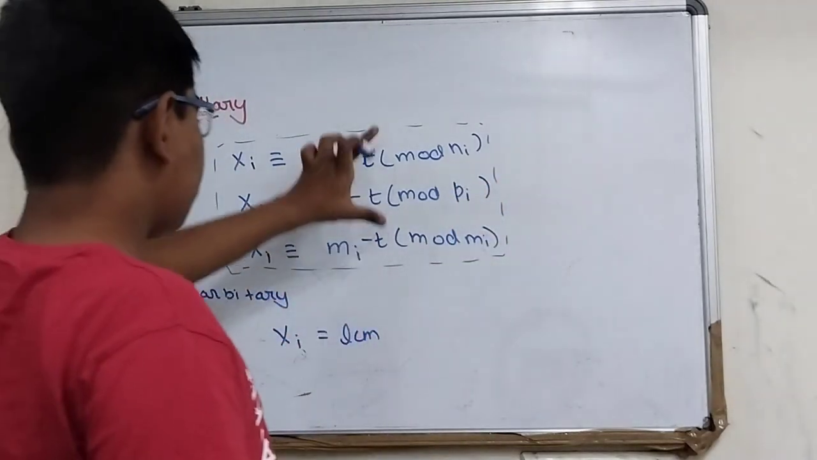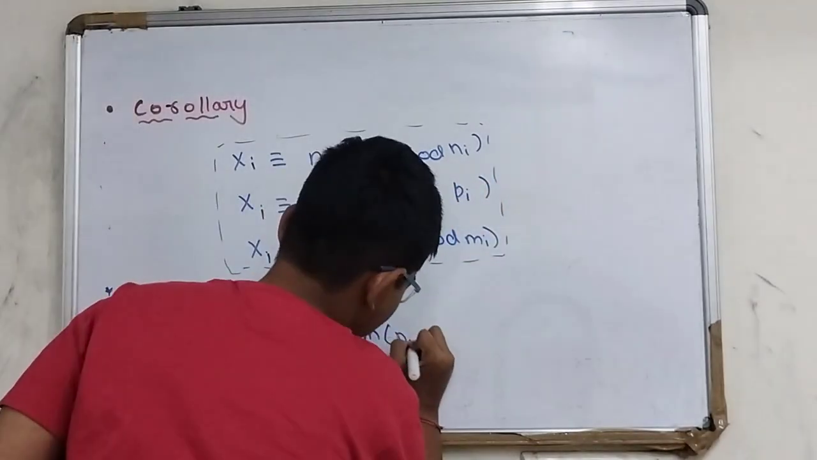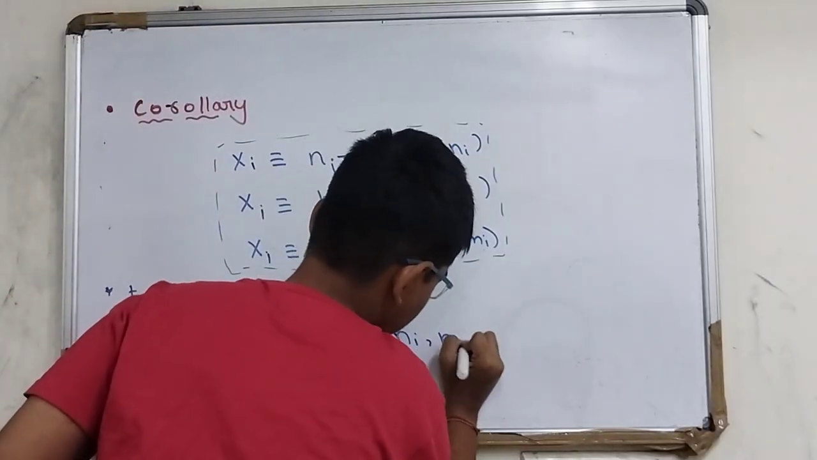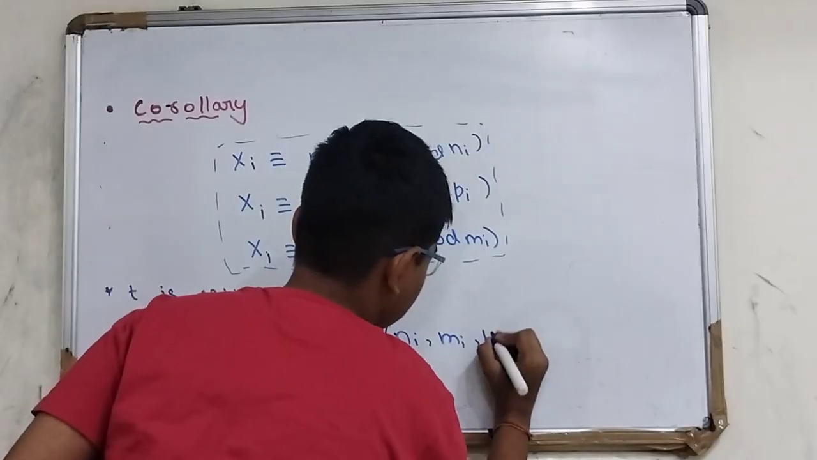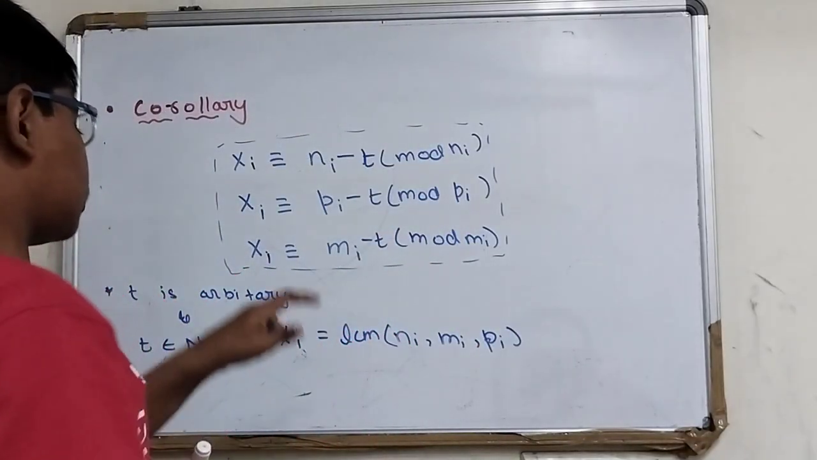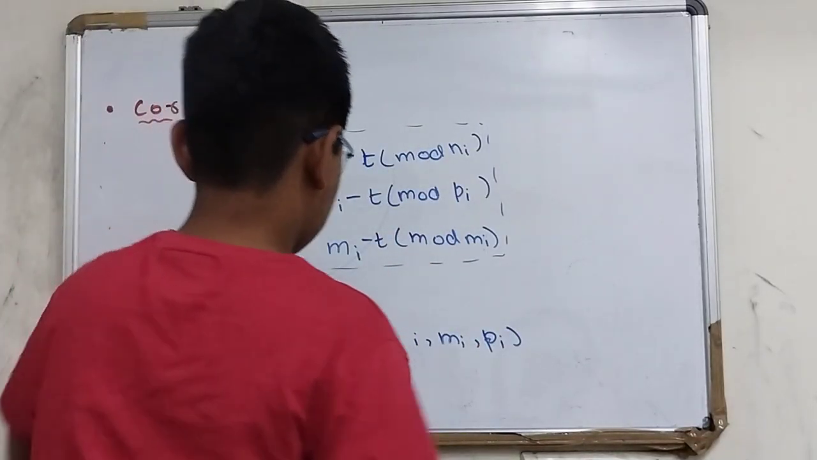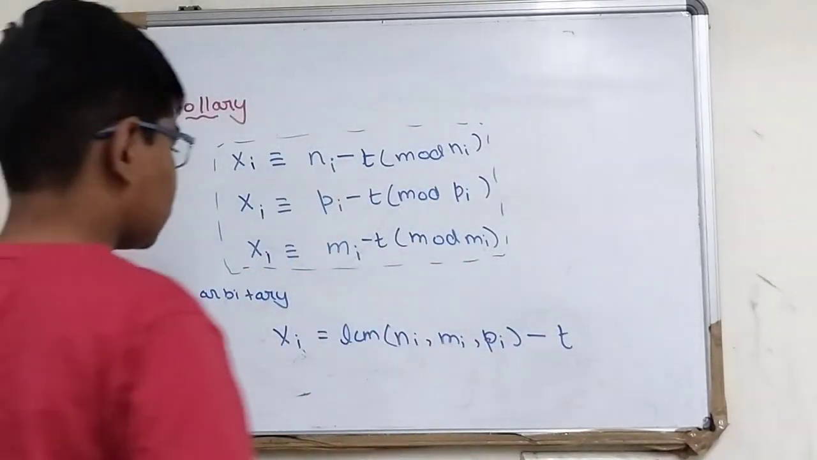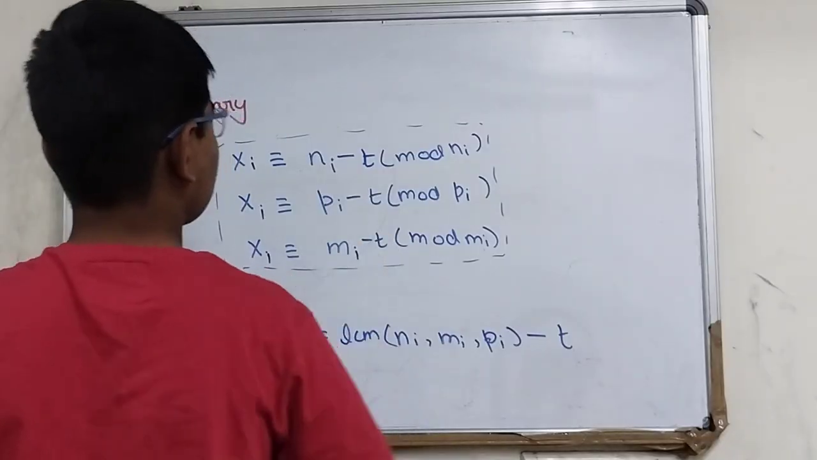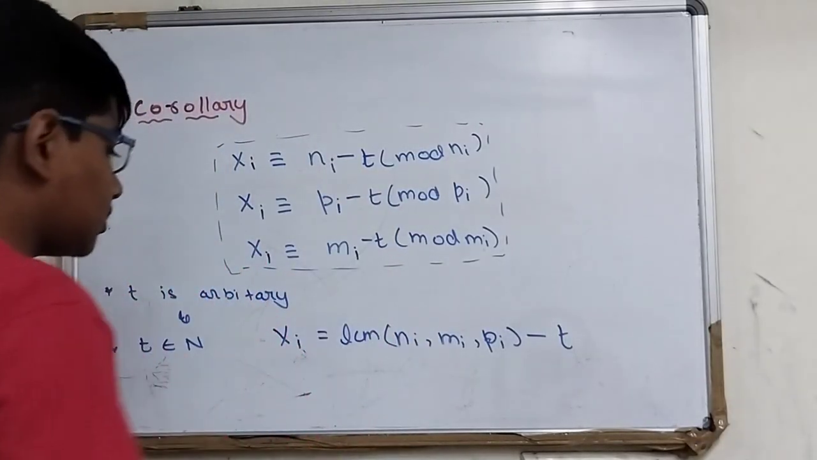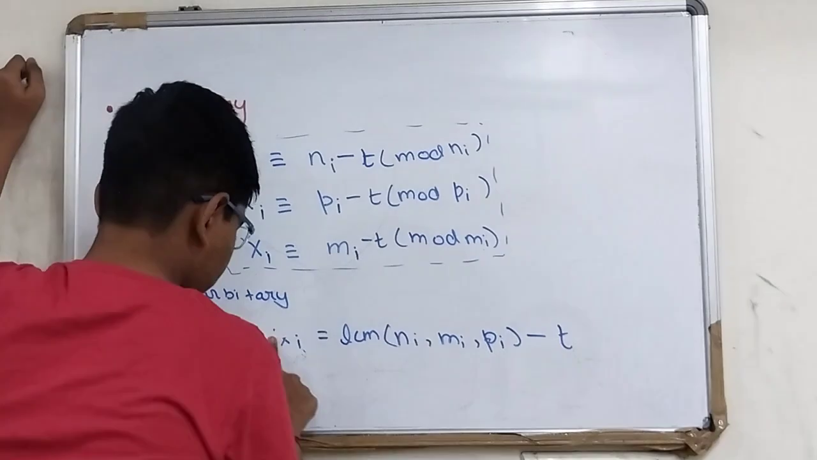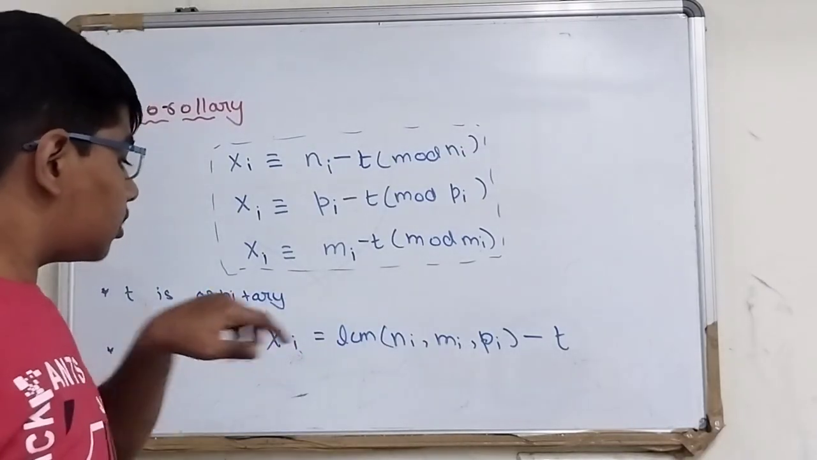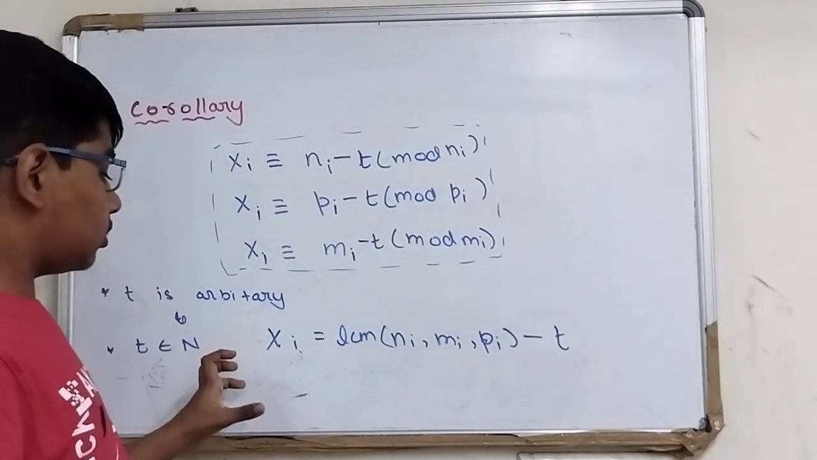Okay, now we took the LCM of ni, pi, mi, because I don't want to write ni plus t, pi plus t, and mi plus t every time. So for simplification, I have done this. Minus t. That's it. And this is the value for the smallest number which